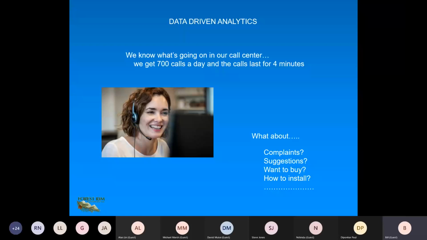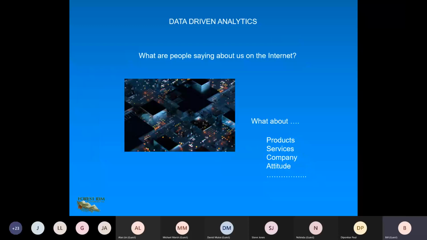Don't you think, as a business, that it's important for you to know what people are saying in your call center? And the answer is, oh, that's kind of interesting. We hadn't thought about that. But you can't know what's going on in your call center. And that's the answer you get. Now, we're going to see in a few minutes that you can know what's going on in your call center. You want to be data driven? Let me tell you, the most important data that you have in your corporation is what people are saying to you.